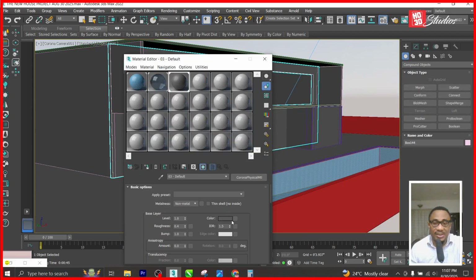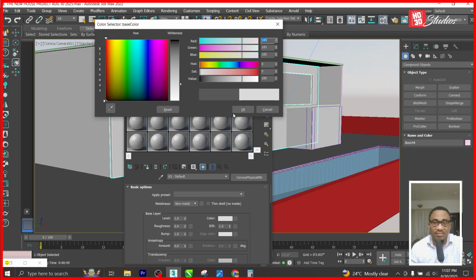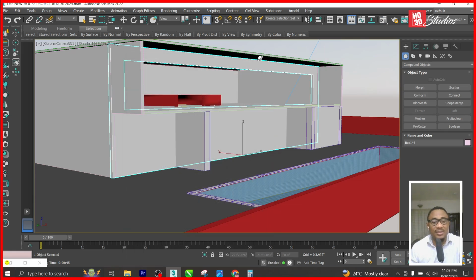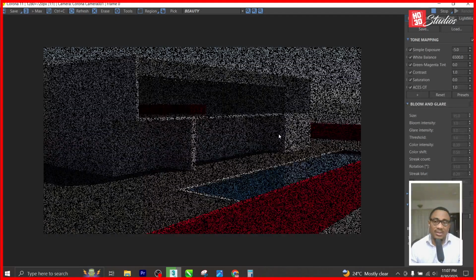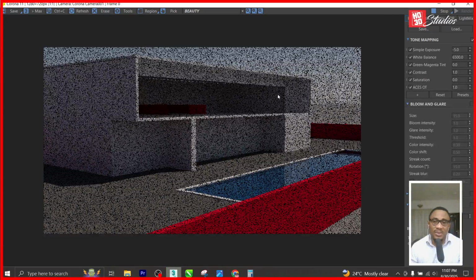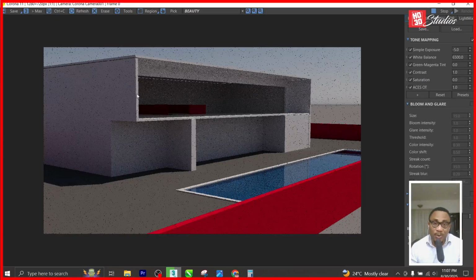Let's just change the color here. Okay. So this big opening will just be filled with glass, and so you can come in from there to the